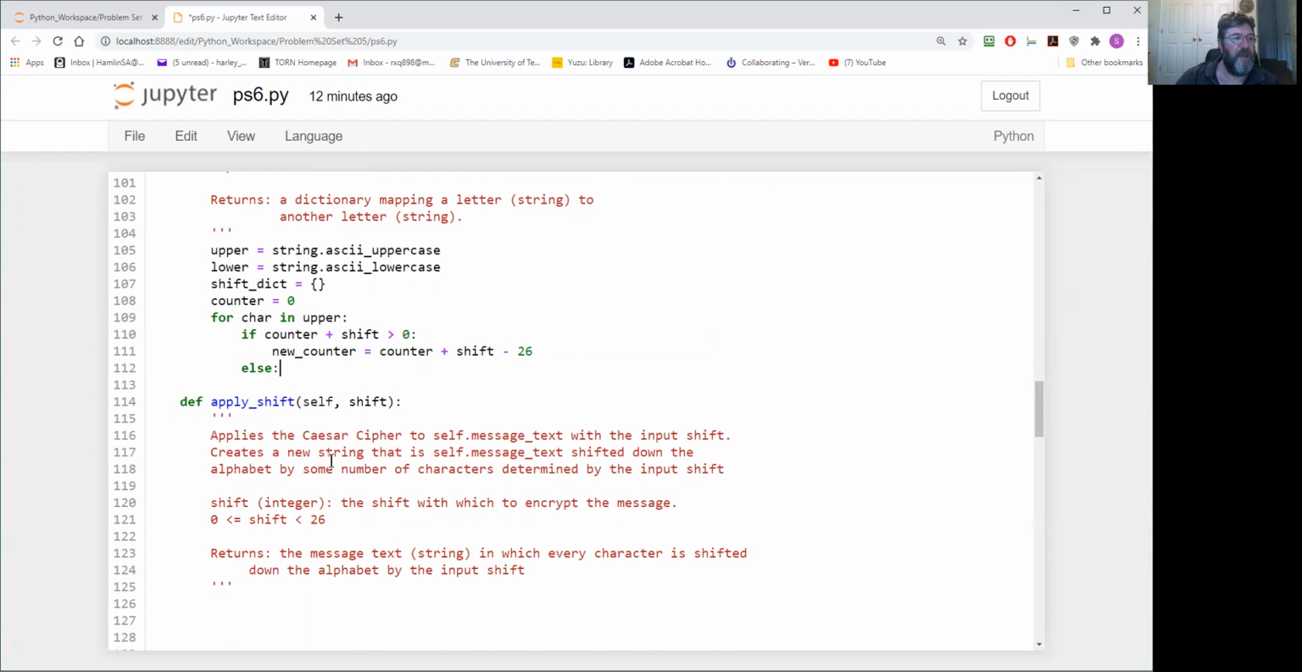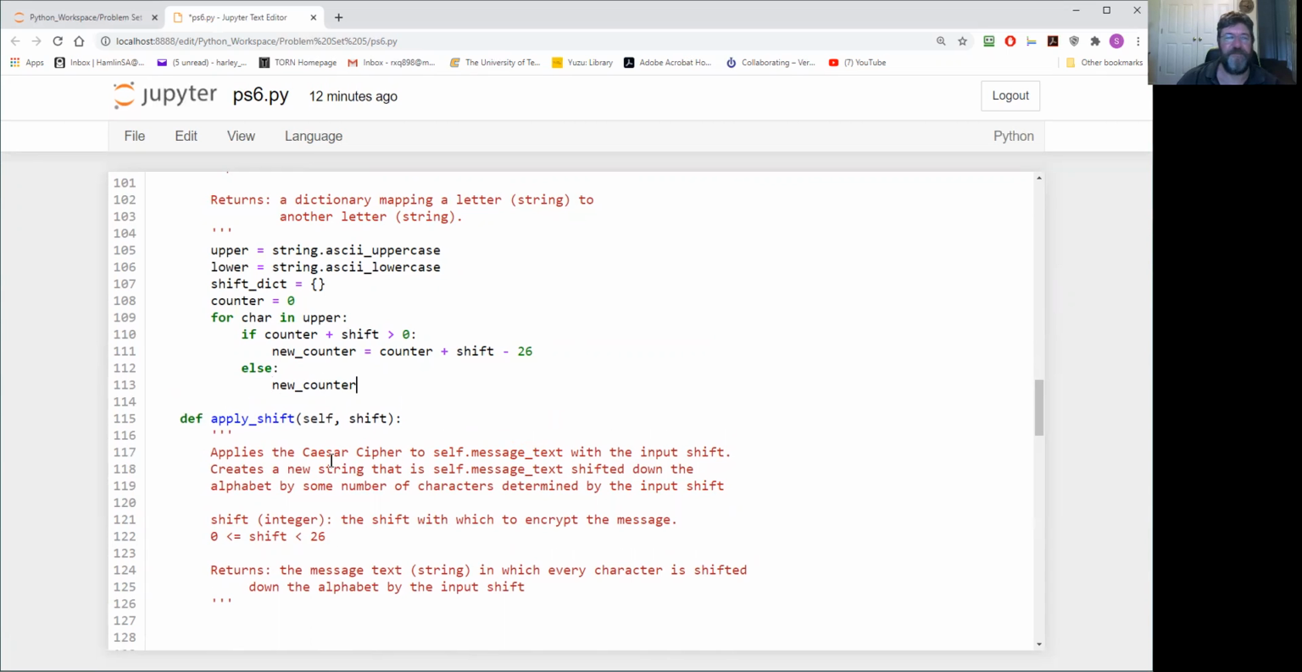Else, new counter equals counter plus shift. Counter is greater than 0. Well, they all should be greater than, it's always going to be greater than 0. So what did I do? I said counter probably minus shift. It's probably minus shift. Counter minus the shift. There we go. Is greater than 0. The new counter equals,